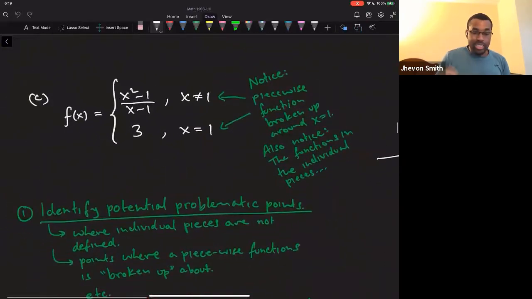Then we looked at this example, and I mentioned especially when you have piecewise functions, there's a certain way you want to read things. You want to look at the individual functions in each individual piece, see if they have any issues that you have to worry about, and then you look at the x values where your function is broken up about. These are all points where